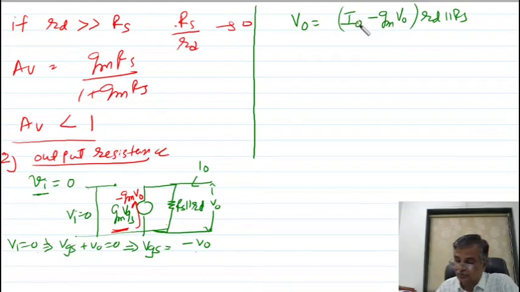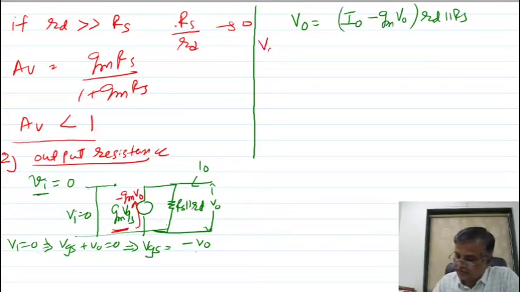Now, from this I can find what is the voltage? This current is flowing here. So remaining current will flow here. How much current is flowing? gm Vgs, gm Vo. Already minus is considered, so don't put again minus sign here. So current, this current minus the current flowing in this section I have taken. And how much current is flowing in this section? gm Vo, and I can write multiply by this resistance.